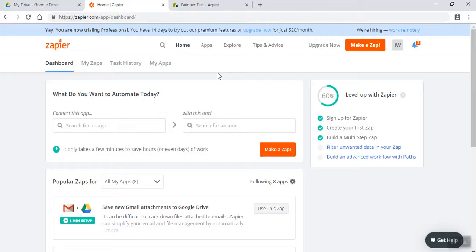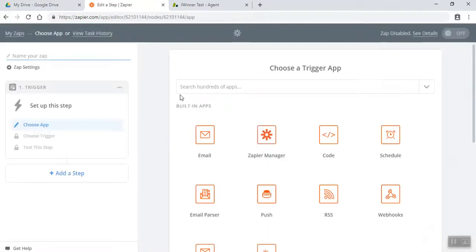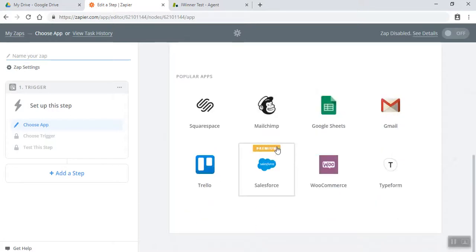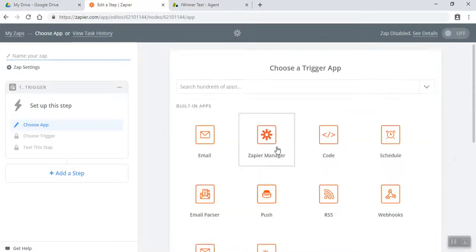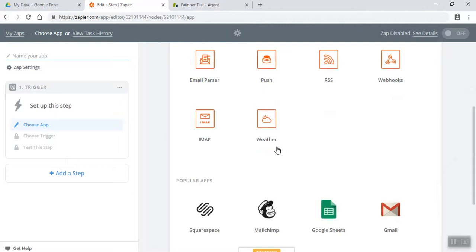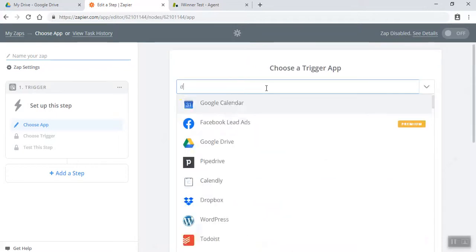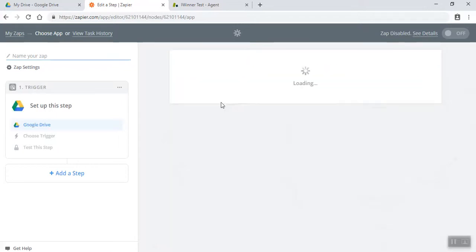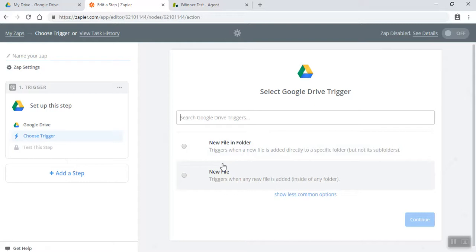So here, you want to click and make a Zap. Here are a bunch of default apps that are built into Zapier or the most used, but we're going to look for the Drive app. And then the option of these that you need is new file, so that every time a new file is added to that Google Drive, which is happening when you scan a document, it'll trigger this Zap to forward that document over